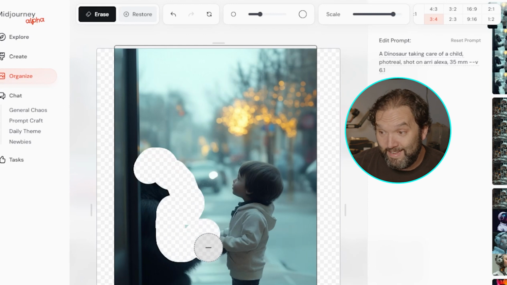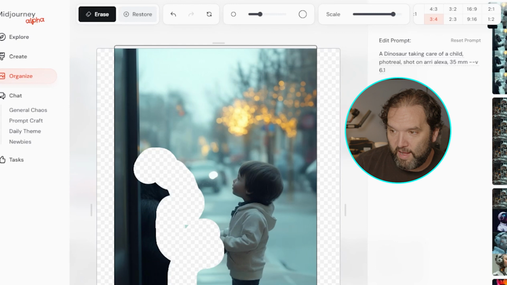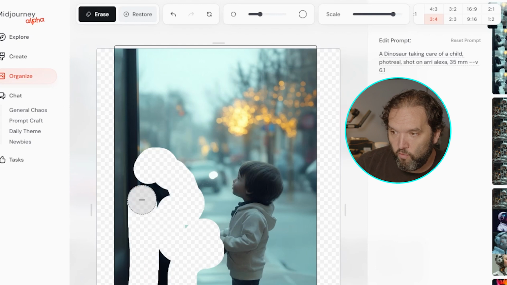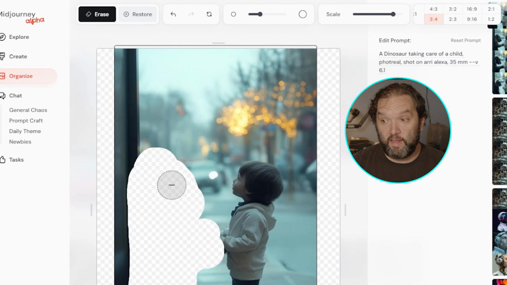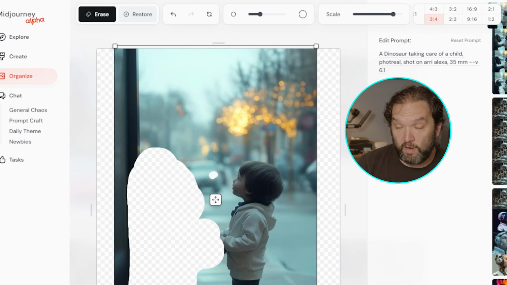It is this easy. I just took the brush. I'm going around. You want to leave a little extra more around the borders so Midjourney has some more to work with. But that's all I did. That ape is now going to disappear, and then I'm going to have these generated. I'm going to just show you what that's like. I'm going to hit submit,